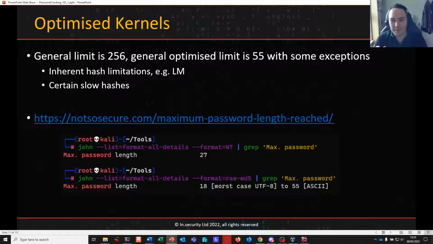But yes, the TLDR version of this is 55 over 2 gives us 27.5, and because Windows uses 2 bytes per character for storing, 27 is our kind of hard limit when using optimized kernels. You can of course omit that and try and crack 28 character passwords and beyond, but you will be running at a slower speed. Similarly, for MD5, we have a 55 limit, as shown here,